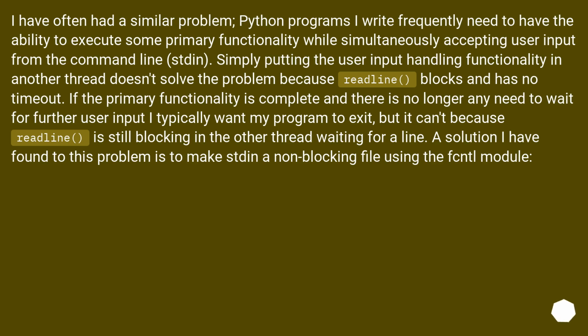I have often had a similar problem. Python programs I write frequently need to have the ability to execute some primary functionality while simultaneously accepting user input from the command line, stdin. Simply putting the user input handling functionality in another thread doesn't solve the problem because readline blocks and has no timeout. If the primary functionality is complete and there is no longer any need to wait for further user input, I typically want my program to exit, but it can't because readline is still blocking in the other thread waiting